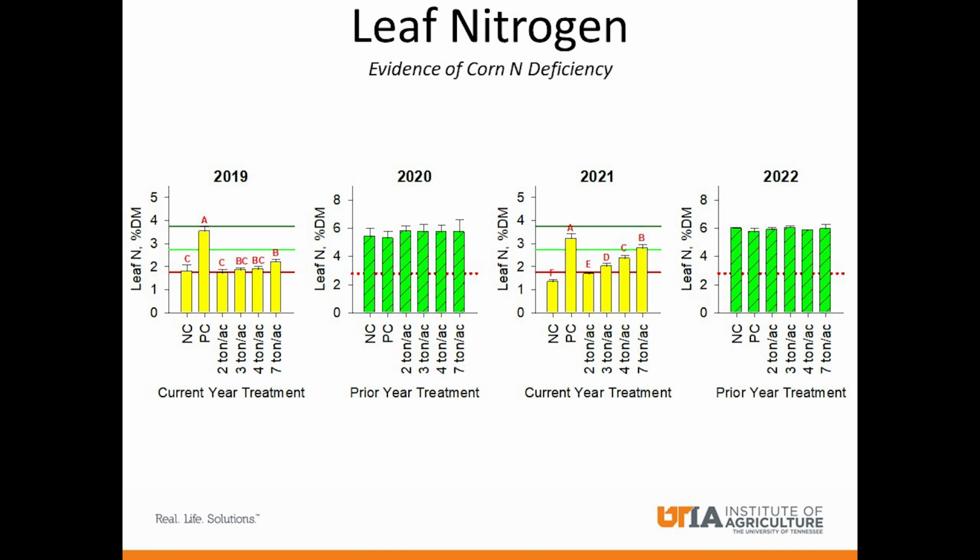So this is the leaf nitrogen content. In each year of this study, we collect the corn ear leaves, and we collect the trifoliate leaves, and we measure the nitrogen content in each, okay? And the point is, this is corn, this is soybeans, this is corn, this is soybeans. You're not seeing the bars here for some reason, but obviously this bar goes way up here for the positive